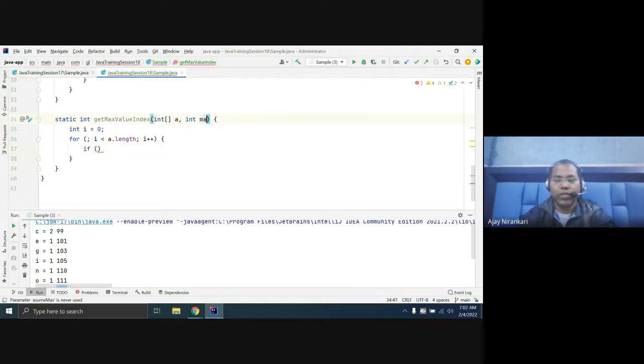Assume this is the max. If max is less than a of i, then what do you do? If the maximum you passed is the minimum, then you have to change your maximum, right? Is it clear?